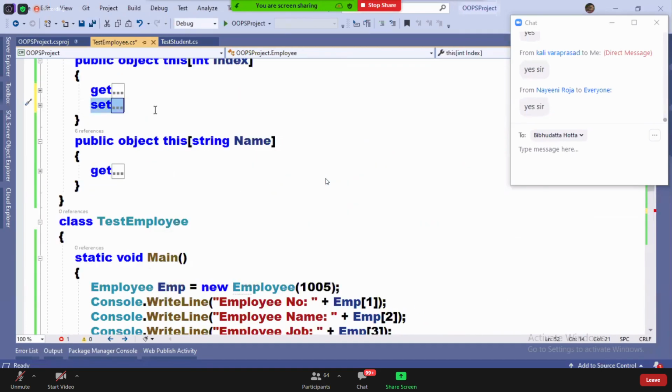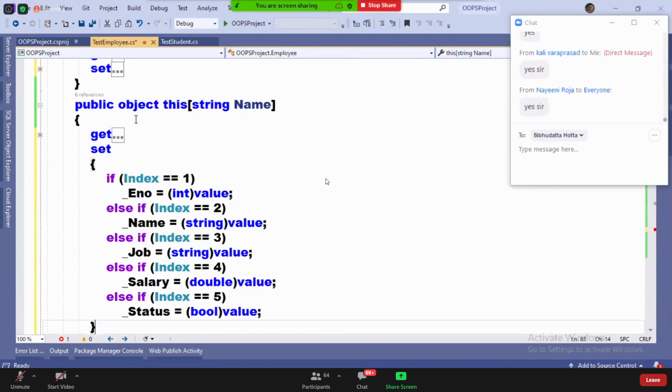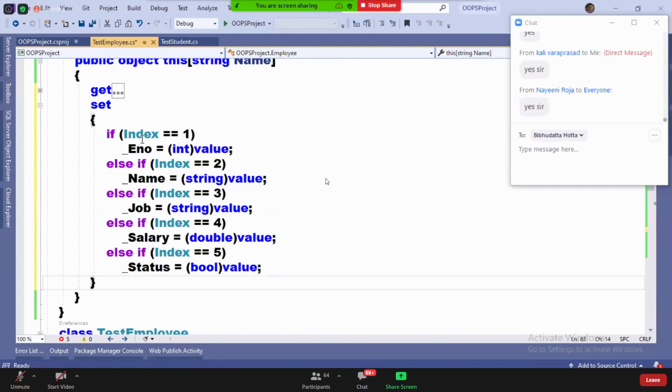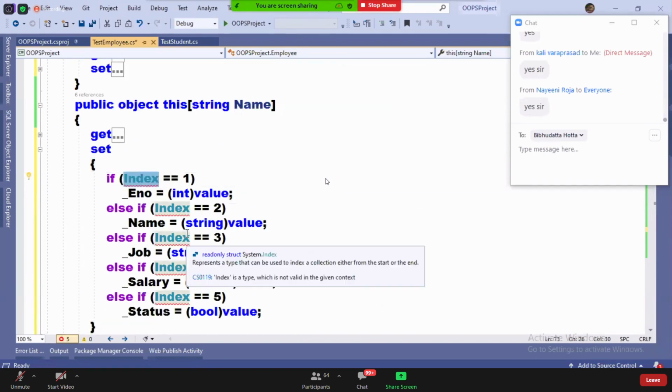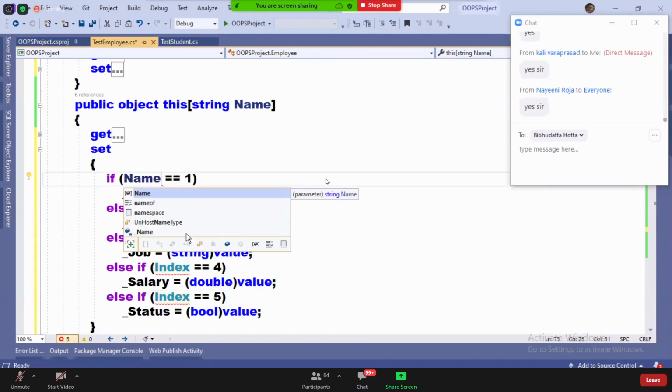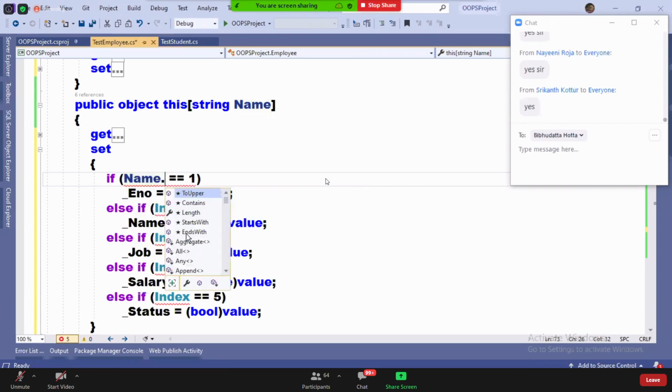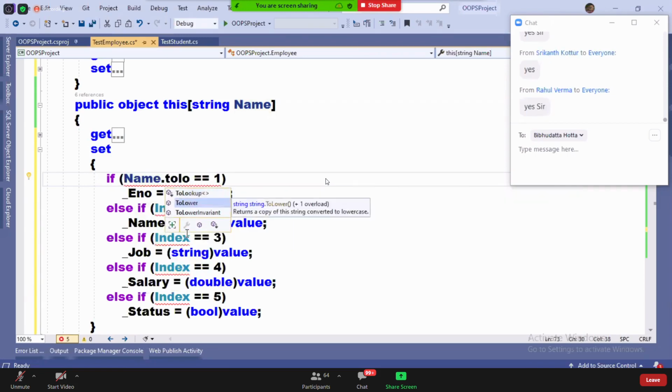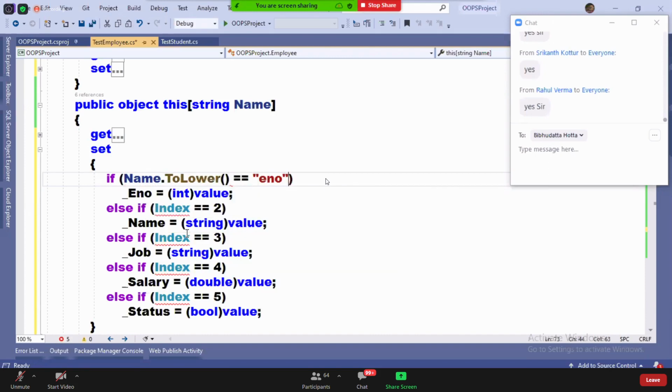Copy this code as it is. Pasting it here. Let me convert. See, what did I say? For avoiding case sensitivity problems, either convert into uppercase and compare with an uppercase value, or convert into lowercase and compare with a lowercase value. In the previous case, I converted to uppercase. Now I'm converting it to lowercase. It's my choice here. I can write whatever I want. Here I'm converting to lowercase and comparing with a lowercase value.